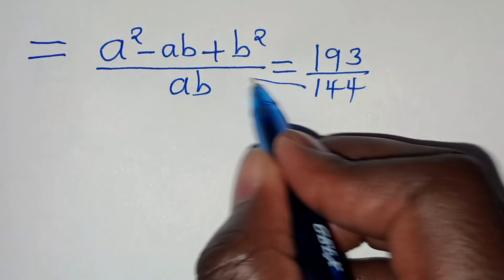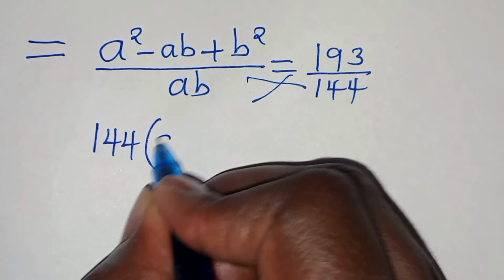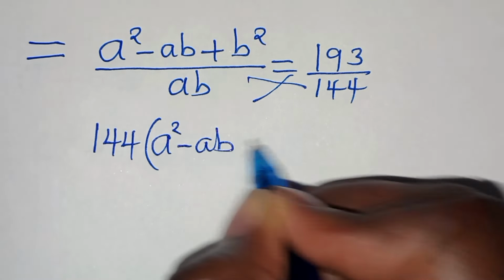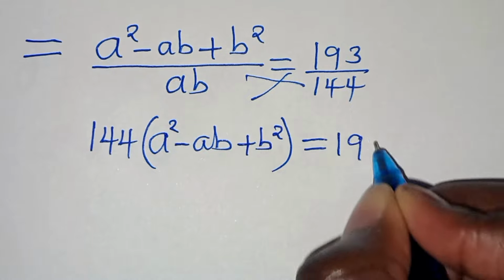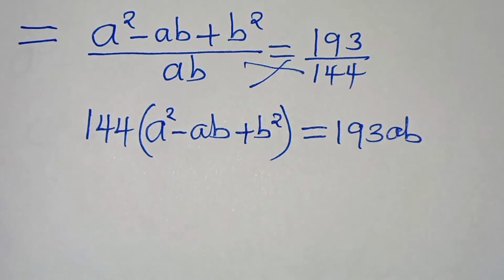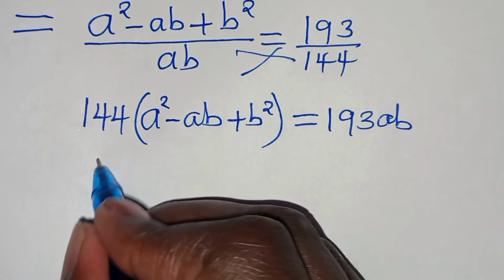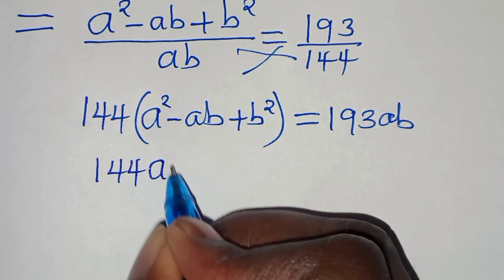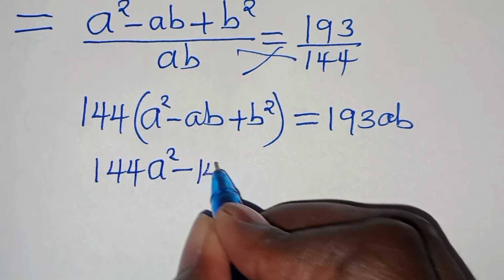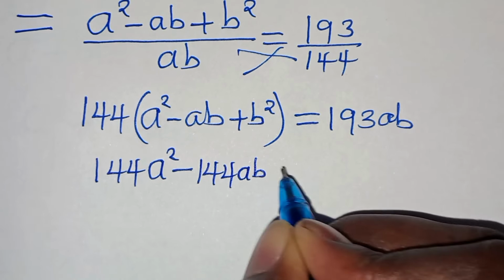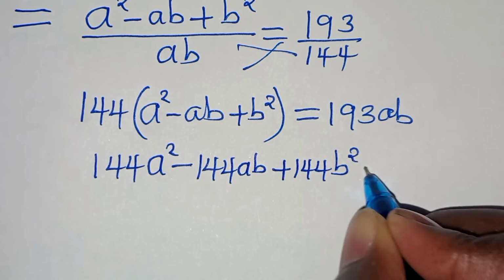The next step is to cross multiply here, so that we have 144 multiplied by a squared minus ab plus b to the power of 2. This is equal to 193 times ab. Now let's open the parentheses here. This is 144 times a squared. This is 144 a squared minus 144 times minus ab. So this is 144 ab, then plus 144 b squared. This is equal to